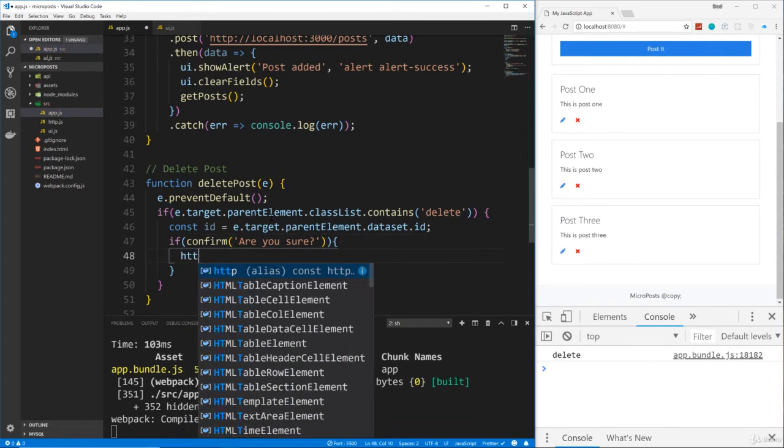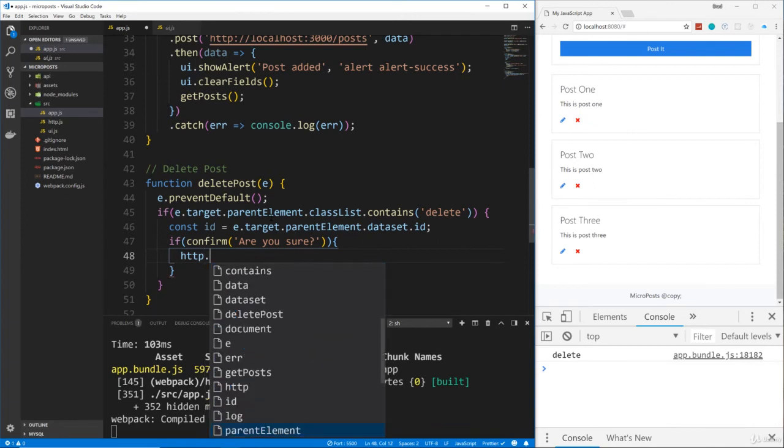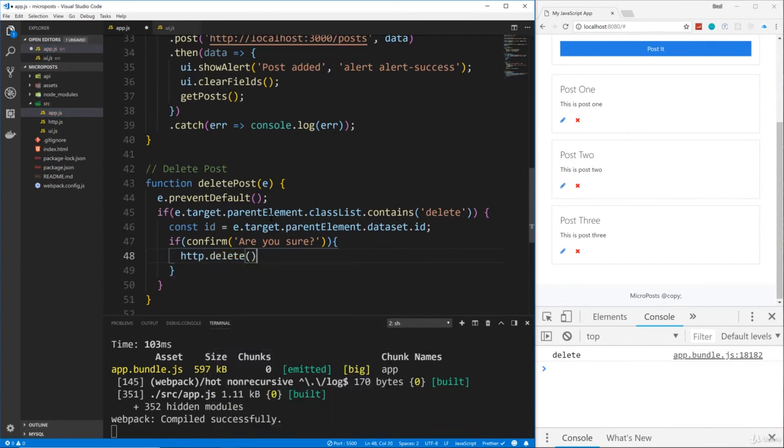So we'll take our HTTP object and say delete, which is already there, and pass in our URL. I'm going to use backticks here and say http://localhost:3000, and we want /posts and then / and then the ID. So we're going to use a variable syntax like that and pass in the ID. Okay, now that'll give us a promise back, so we'll say .then,